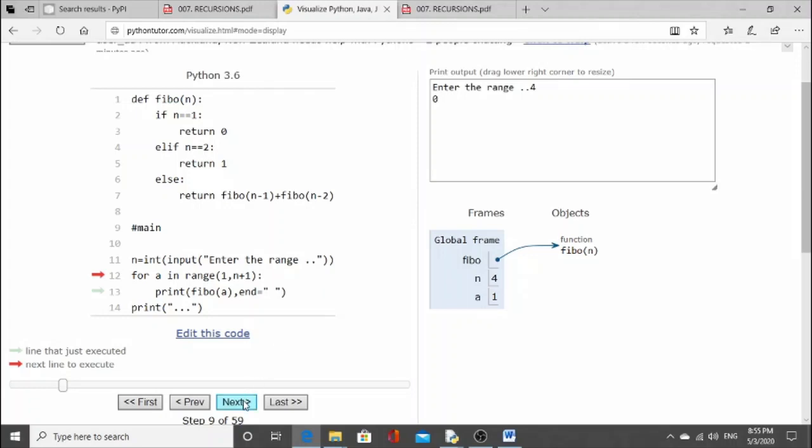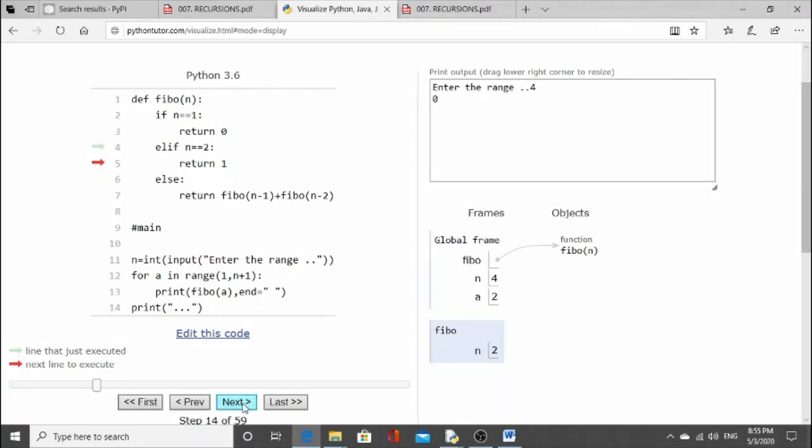Now I am again clicking on next. Now see the a. Now a contains the value 2. This FIBO function is called with the supplied value 2. Inside FIBO function you can see n contains value 2. Now if n equals to 1, this condition is false, so it will check another condition, n equals to 2, that is true, it will return 1.